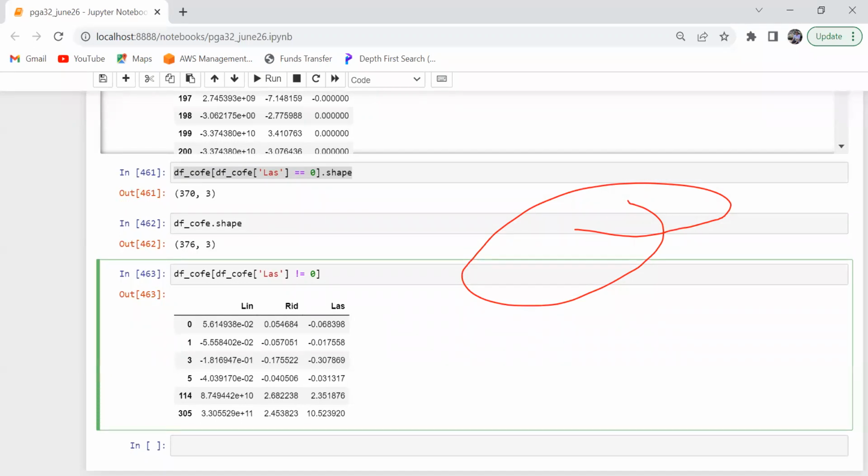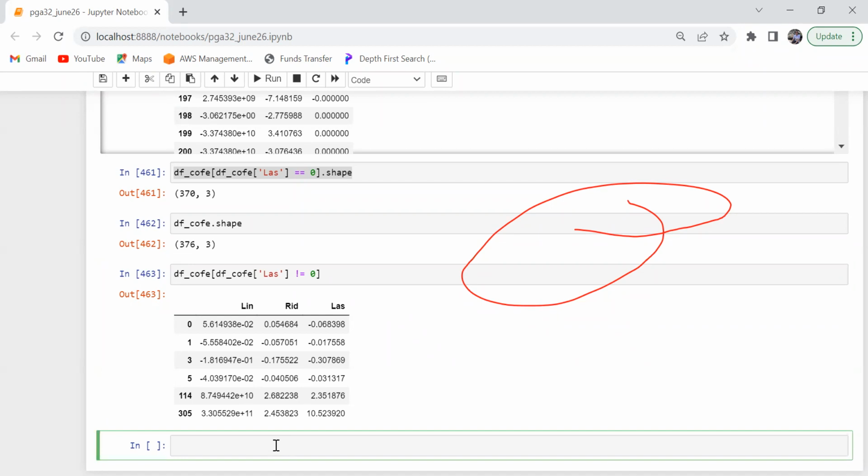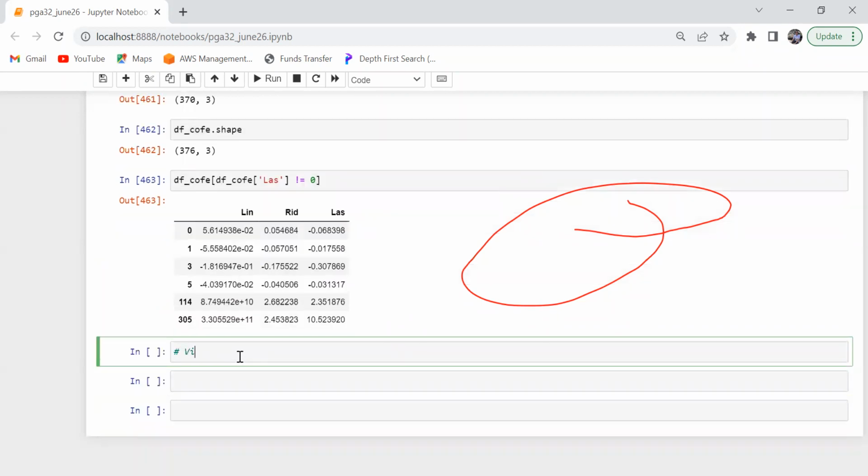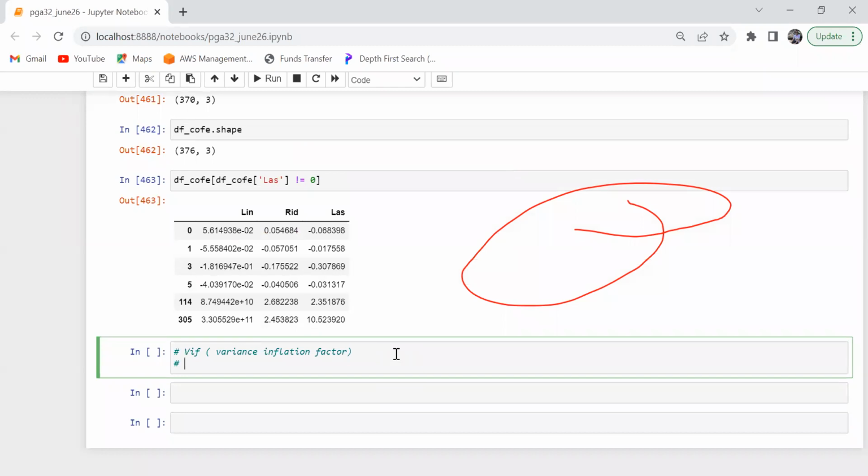Okay, guys, so with this, I'll end the session. And there is one more thing which I want to cover, but probably we will cover it tomorrow. That is VIF, variance inflation factor. So this we will see tomorrow. What time is the class tomorrow? 10:30. Let's meet. So tomorrow we'll see variance inflation factor. Probably this will take half an hour, and then we will see boosting.